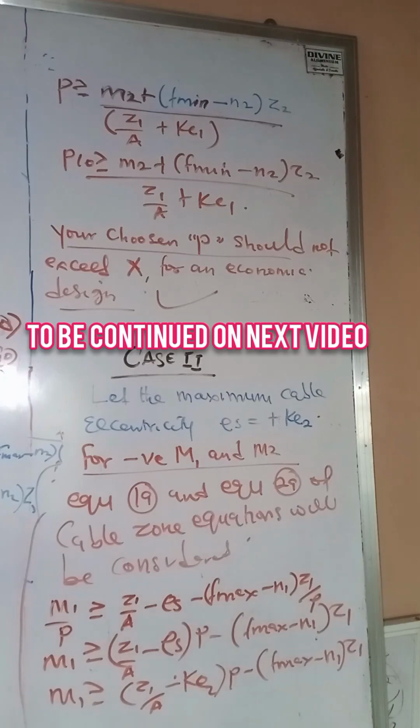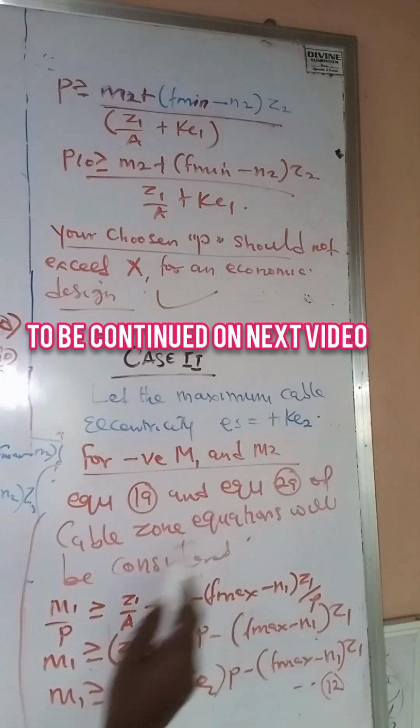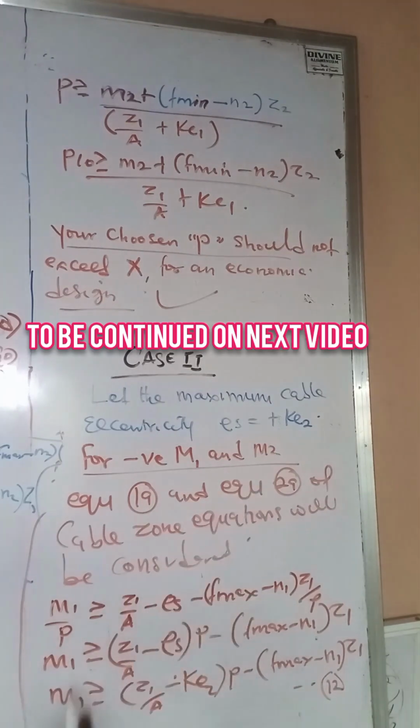Let's call this equation 12. Now let's go to the next one, from equation 2, the same thing, M1 greater